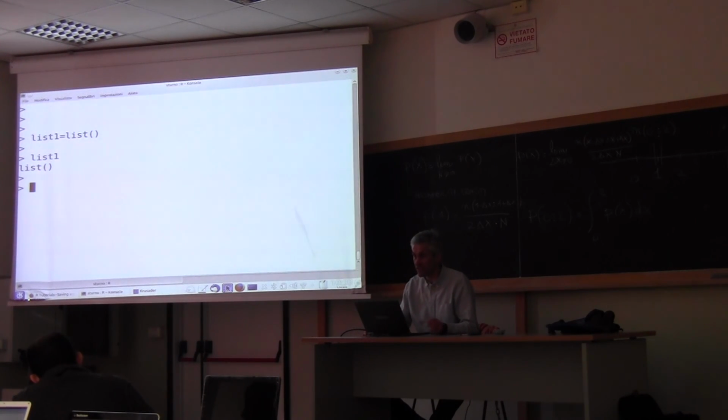And now you can assign elements to the list. So you can say list one, and it wants a name, first element is equal to A, and this is alphanumeric. And then I can type list one, second element